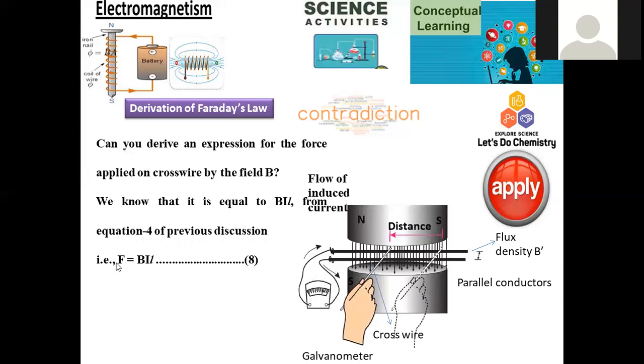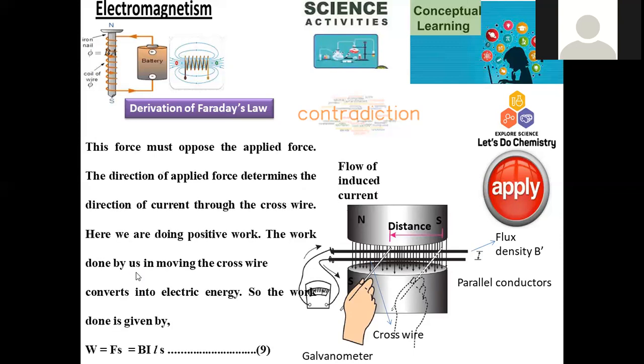So we can derive the expression for the force, which is equal to BIL. B denotes the flux density induced in between the two bar magnets. I is the strength of the current flowing through the conducting wire, and L is the distance between the two bar magnets, which is taken as a constant parameter here. So this is a relation for the force operated, nothing but the work expended on this magnetic system. This will be the equation to relate the force with all the remaining parameters.